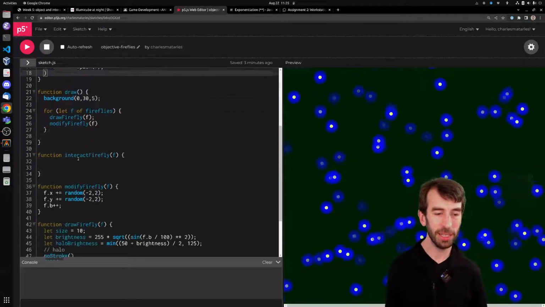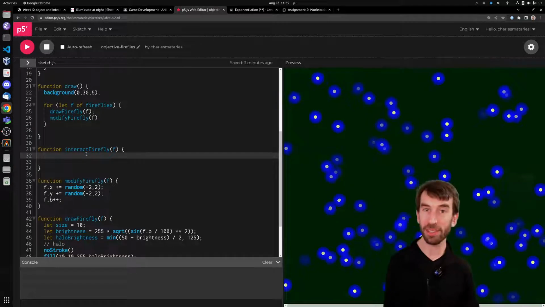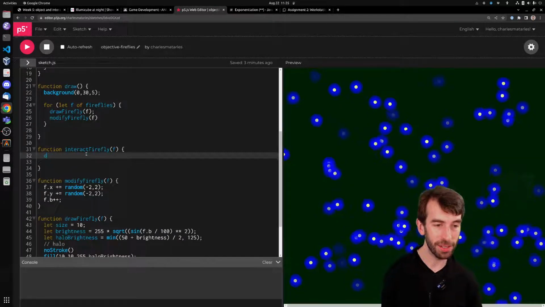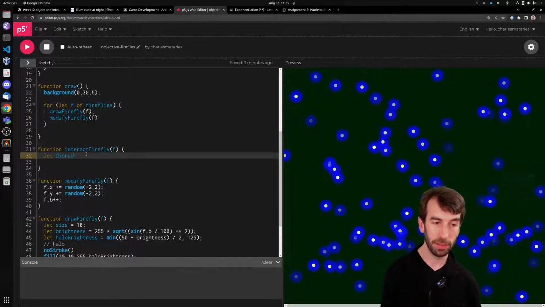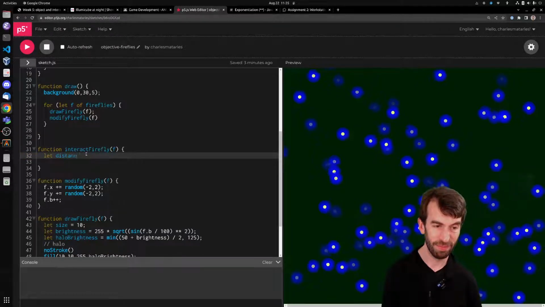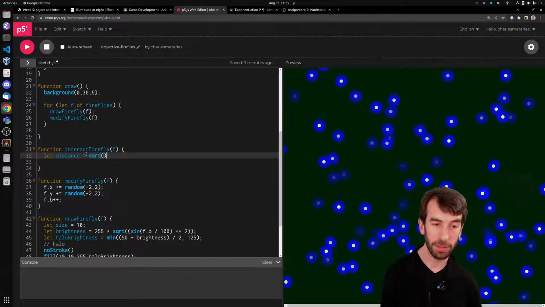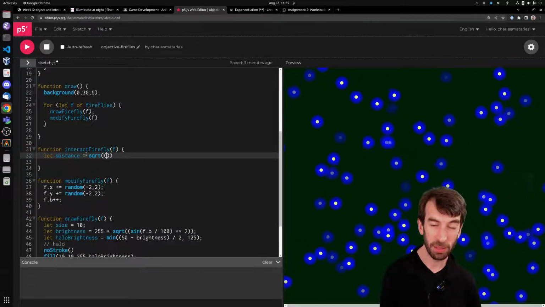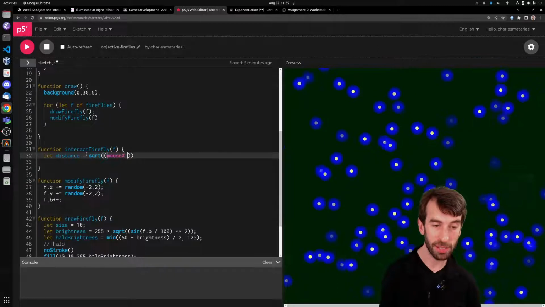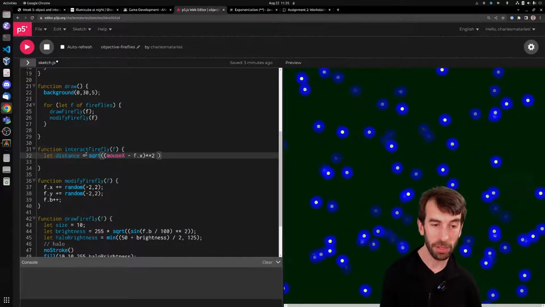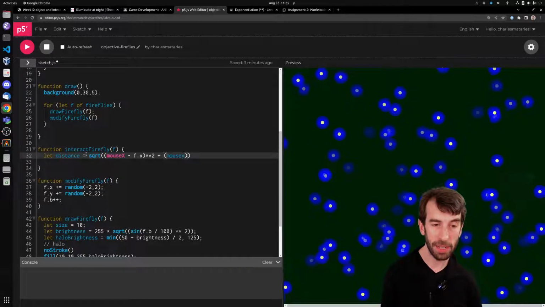Where was I? Oh yeah, I need to find the distance between the mouse and the firefly. Let distance equal square root of (mouseX minus f.x) ** 2 plus mouseY